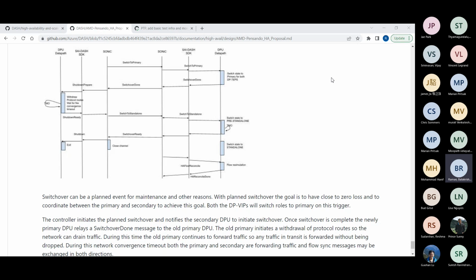But what I'm saying is forward flow and reverse flow, right? See, in full-fledged active, both devices are going to advertise the virtual IP with the same cost, right? In steady state, it can keep switching between the two. No, I'm just saying active would be ECMP. Here, I think keeping a secondary device in active role means that it is ready to take over at any time without explicit notification.